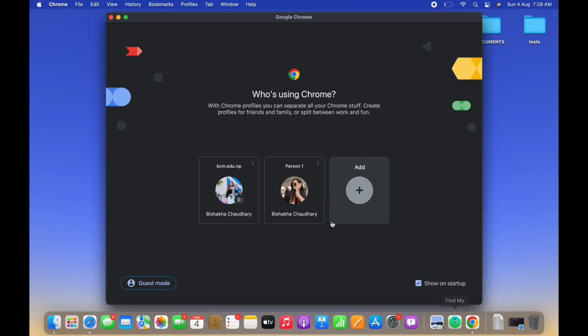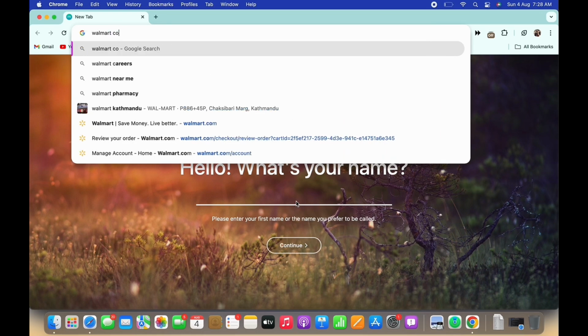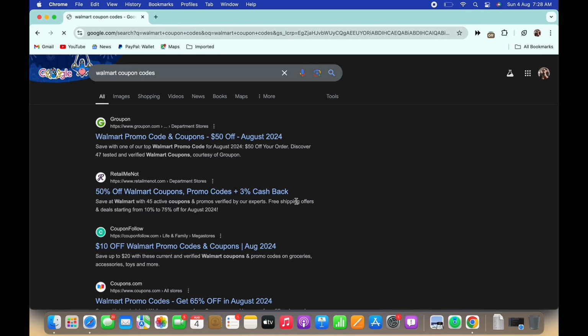Firstly, go ahead and open your preferred browser and in the search bar search for Walmart coupon codes. You will then be shown various websites that offer the coupon code. Tap on any website of your choice and you will be able to see a bunch of promo